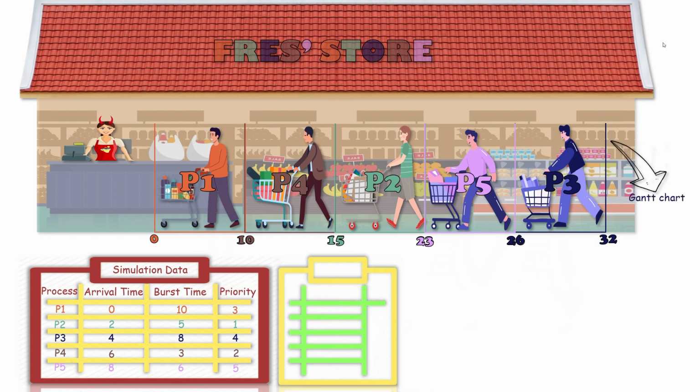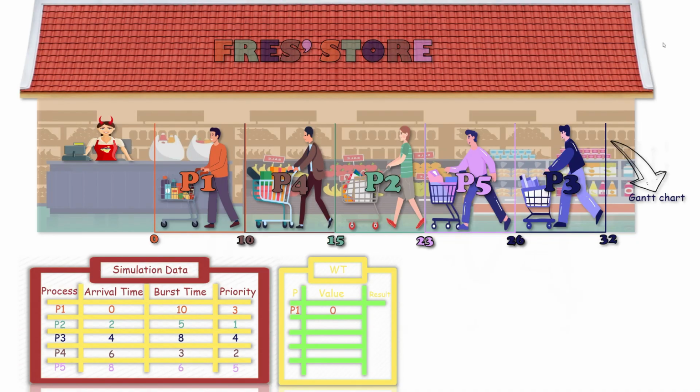And you receive another table that says waiting time. There are process, value, and result. Let's find process 1 value. In process 1, it starts with 0. To find the completion time, we add it by 10, and we get 10. And find the waiting time by completion time, which is 10, minus the arrival time, which is 0, minus burst time, which is 10. And we get the result 0.